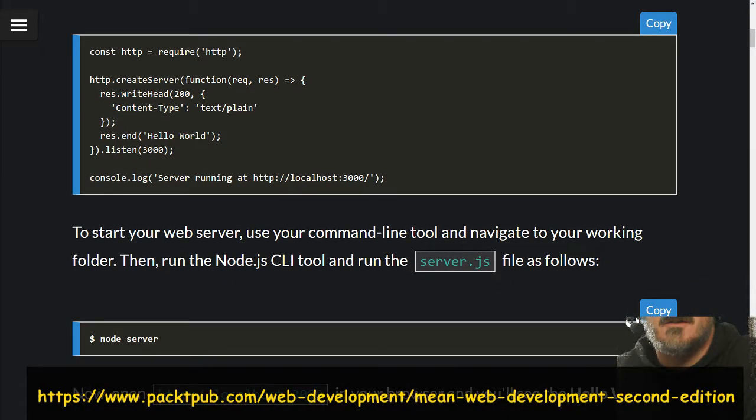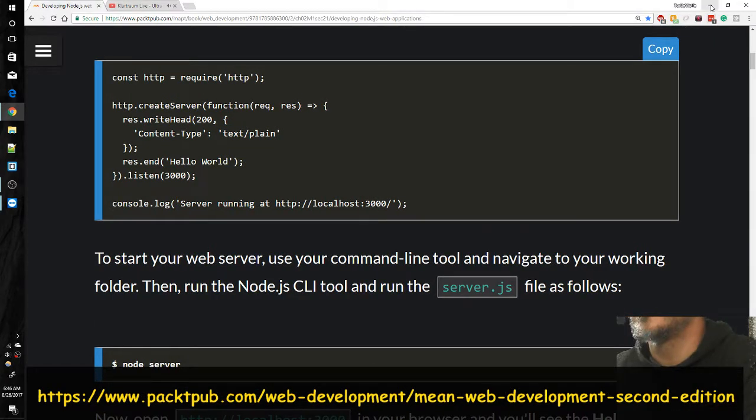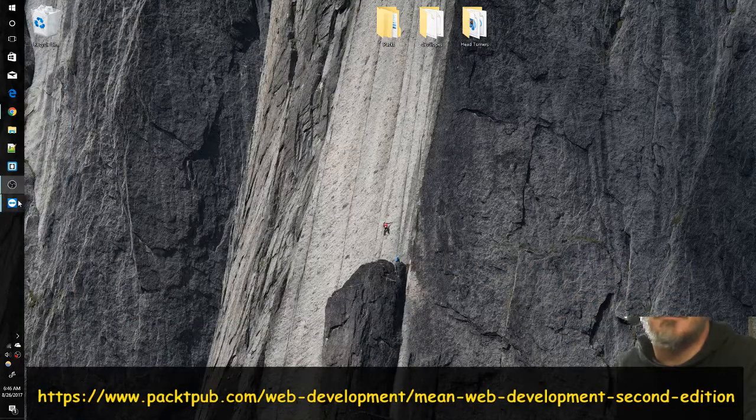I think that's the only difference. Let's go ahead and look at the code files they gave us. Okay, we're going to go over to